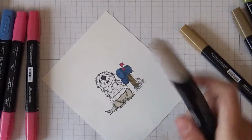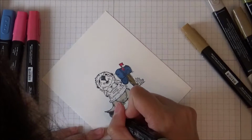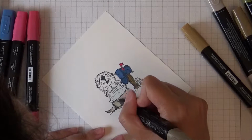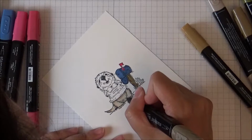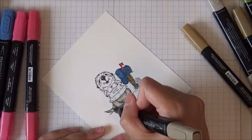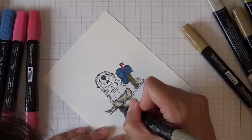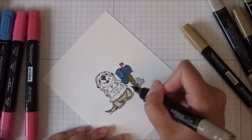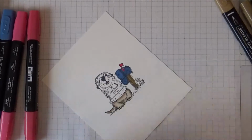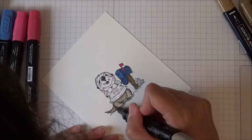Okay, then I'm going to go in with the dark crumb cake, and I'm going to just put some definition in the crease lines where you'd naturally find the shading to happen. Okay, and then I'm going to just, as before, blend it out